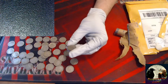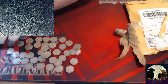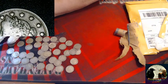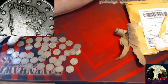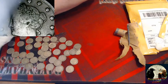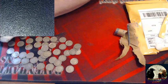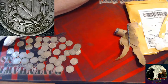I haven't looked at both sides. I did flip it, but I didn't look down at it. I want to look at it under the scope with you guys to see if this turns out being a gem or if it's just a wah, wah, wah. Now, condition-wise, this is really nice. You can see Liberty is very bold, including the L, and that would definitely put this coin in the VF20 category, and depending on what the reverse is like, it'll tell us a couple things. If we did really well or if we just got a common one, and oh man, no mint mark,